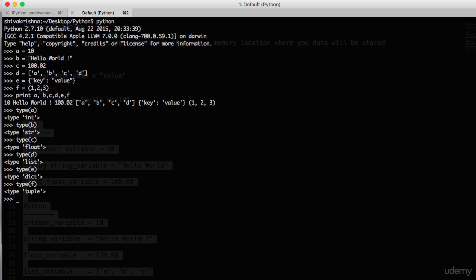The data type of D was a list. The data type of E was a dictionary. The data type of variable F was tuple. So in this way, you can declare variables and assign different data types to those variables, and Python does the rest of identifying the data type of that particular variable. And you can also check what type of data a particular variable stores by using a Python built-in function called type. And one more important thing was